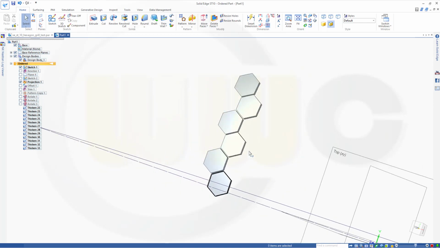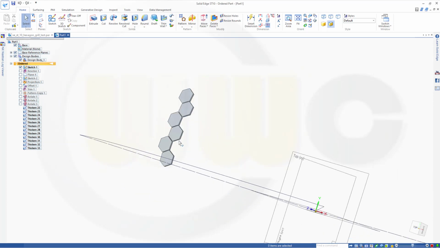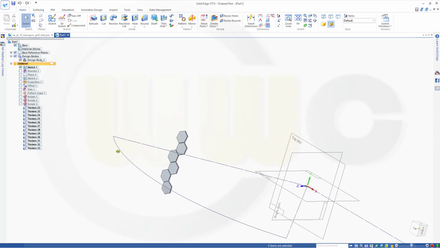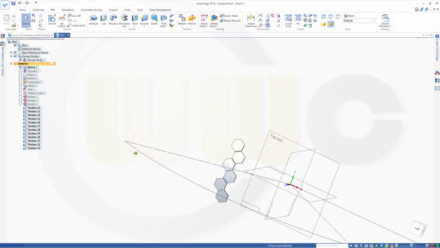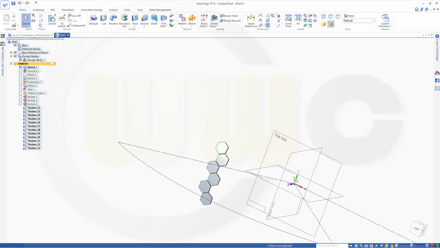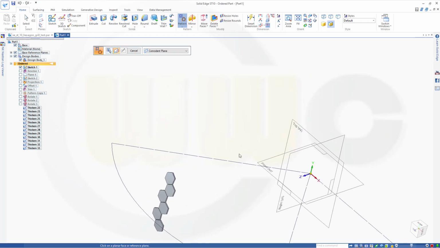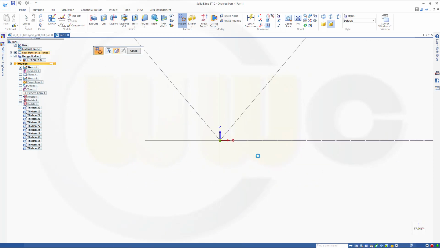Okay, now I want to pattern these. So hide the projection and go for another pattern, and that pattern would be around this axis, yes. So go for pattern. I want to pattern a body, that body, and that would be the sketch plane,